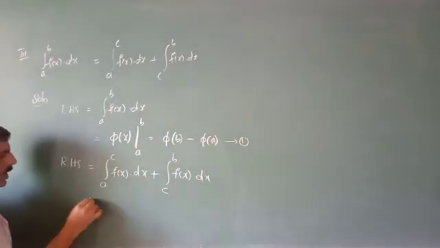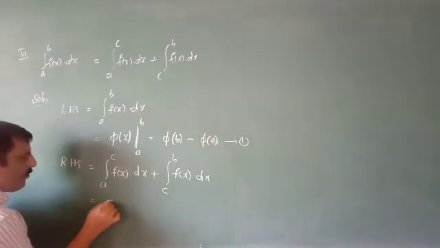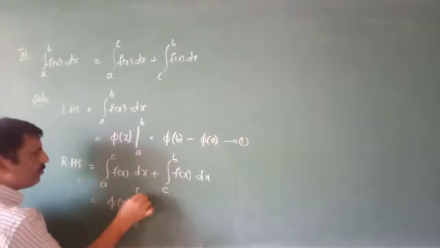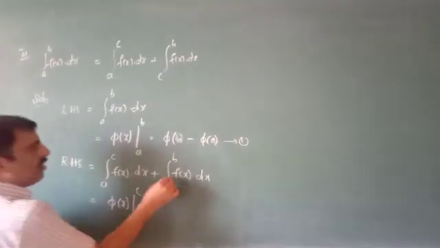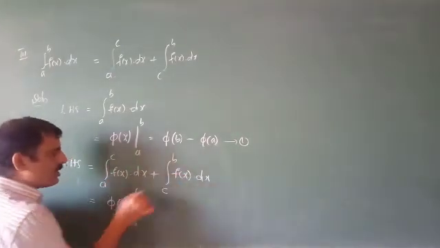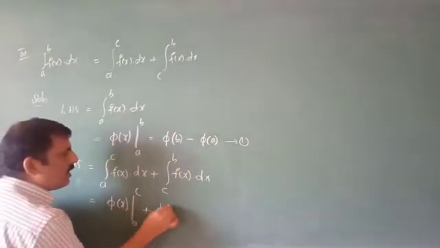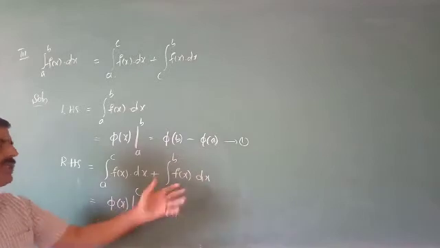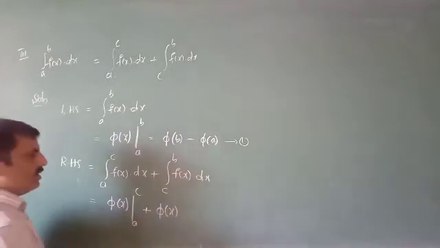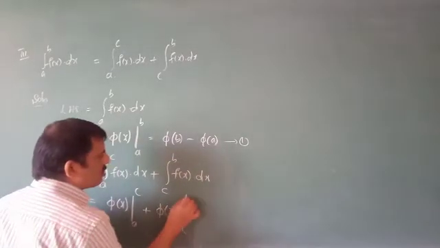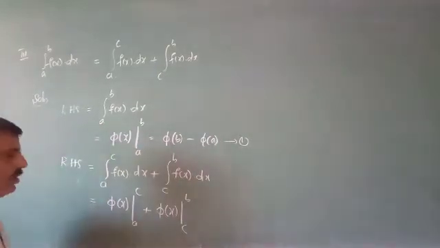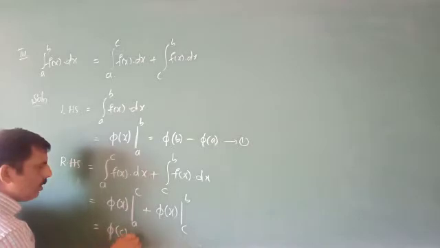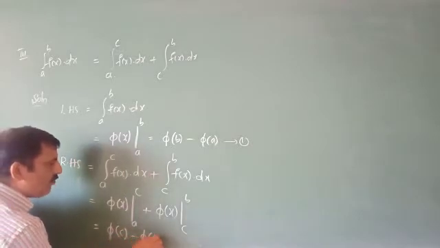So this is equivalent to the integral of f of x, which is phi of x, from a to c, plus the integral of the same function f of x, the integrand is phi of x, with the same x and x squared by 2 and x squared by 2. So the limits change: from c to b is phi of c minus phi of a.